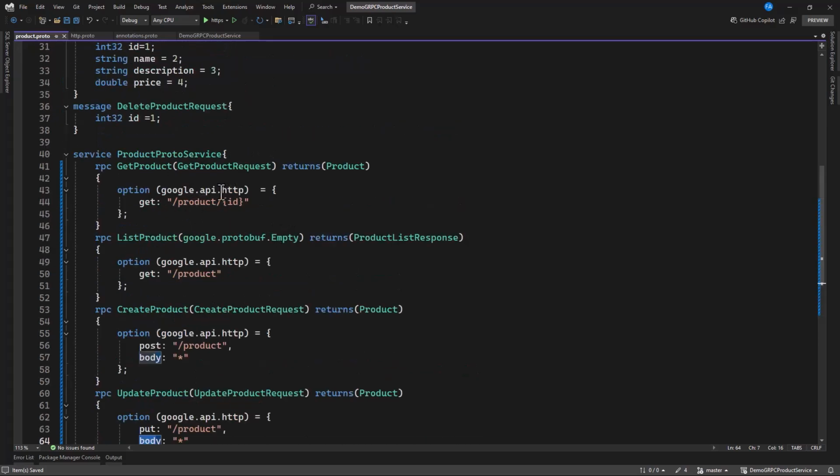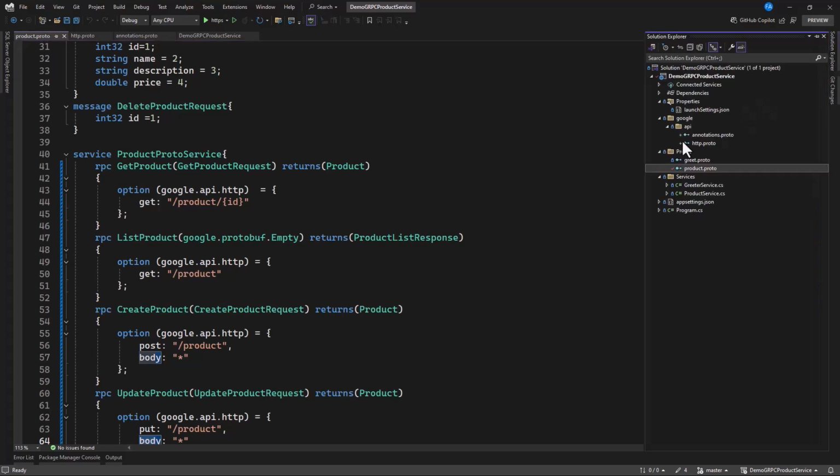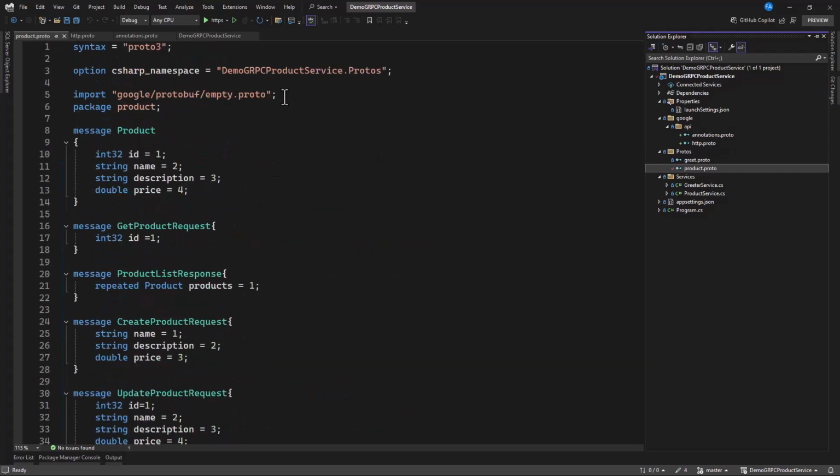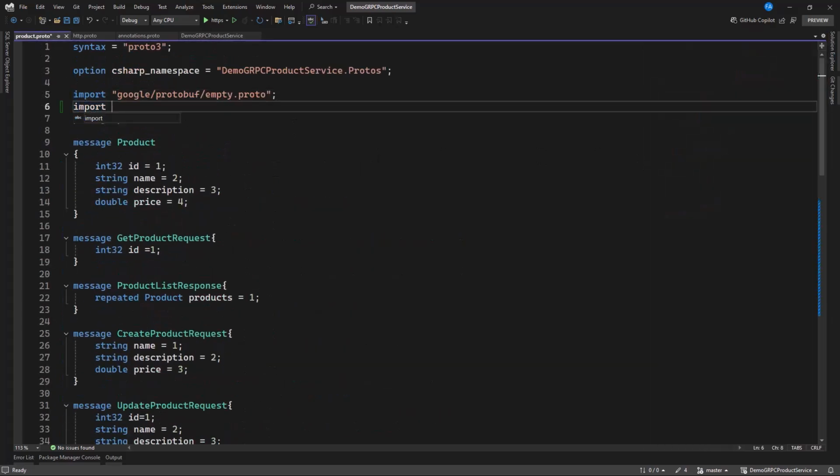You know, we are using this data annotation, so we need to import that file from the link that we created. You can see we created from Google API and then annotation.proto. So we need to import it in here. So let's do that. So after importing this, the next thing again that we need to do is to add JSON transcoding service. So we can do that from your program